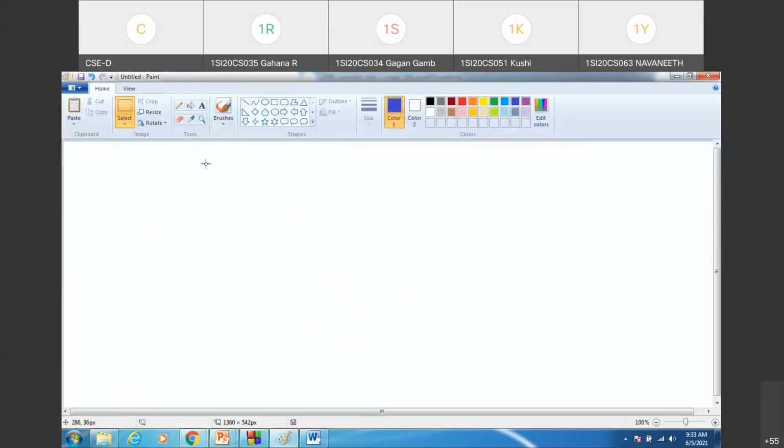So assume two numbers. Let us take m is equal to say 35 and n is equal to 15.